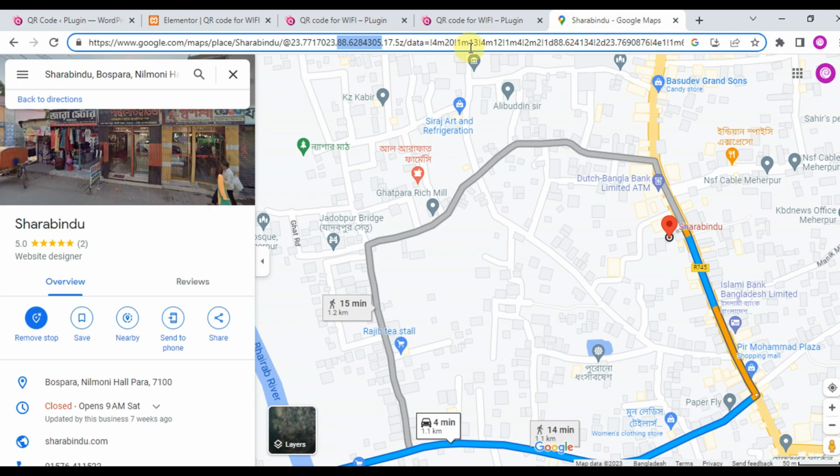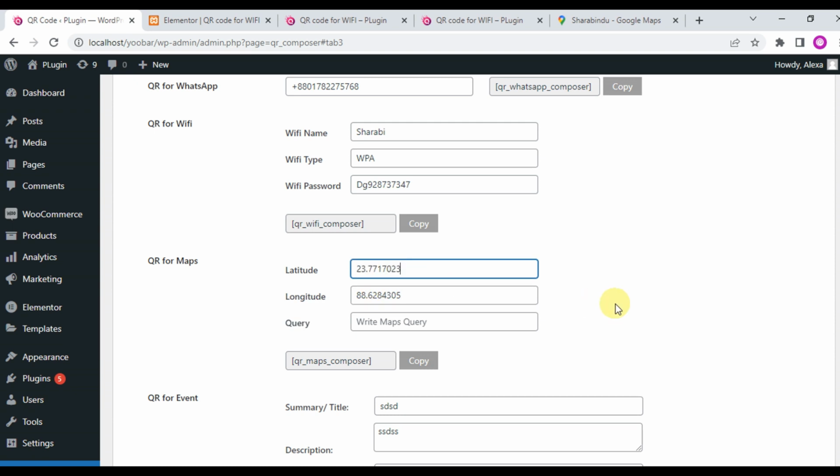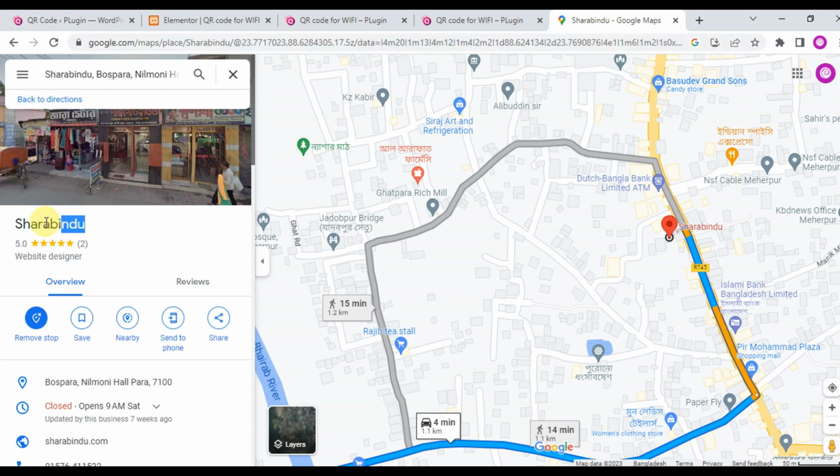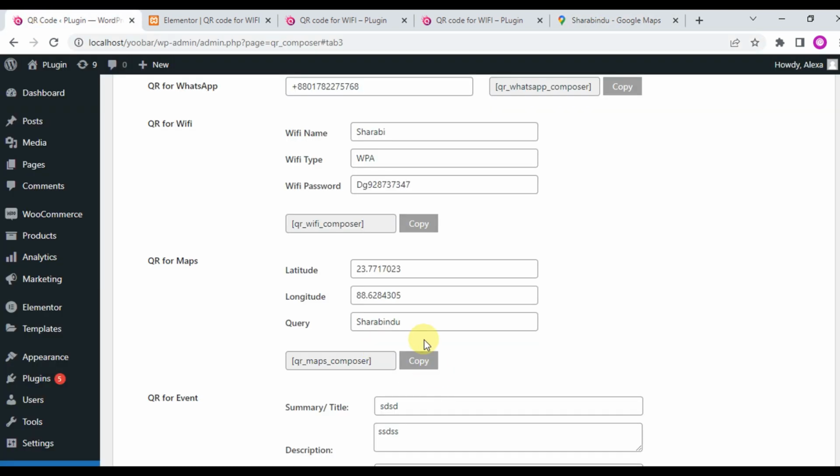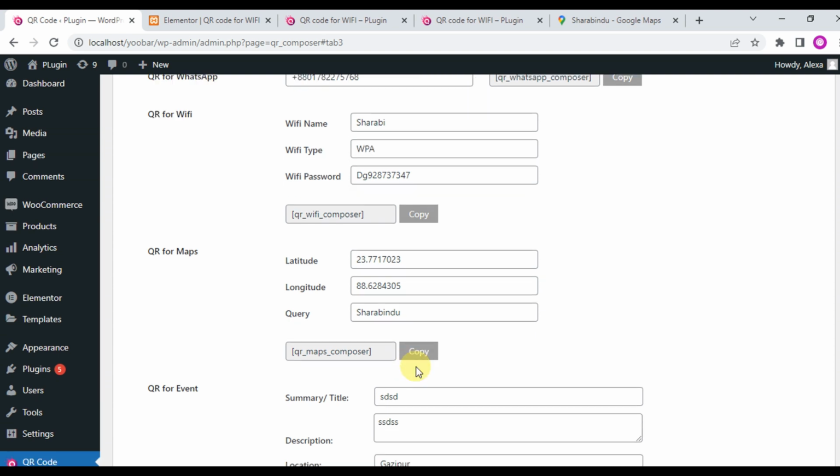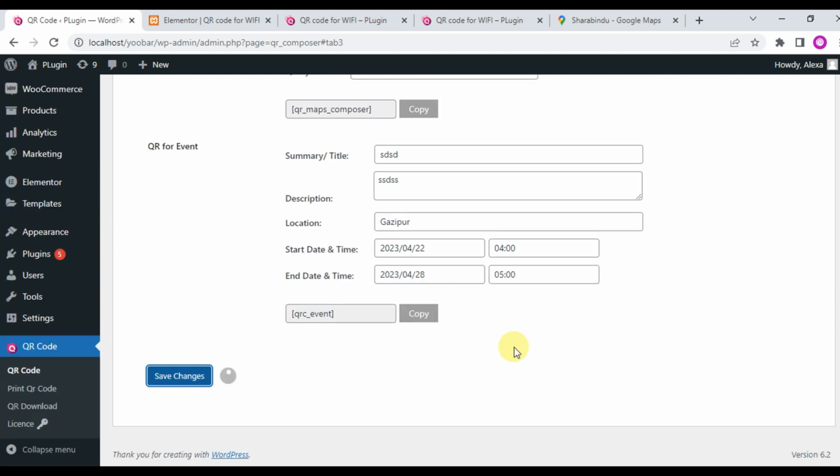Paste the longitude here, and this is 23.77. This is the latitude field, and the query is the query name. Okay, we'll paste here and copy the shortcode and save the page,